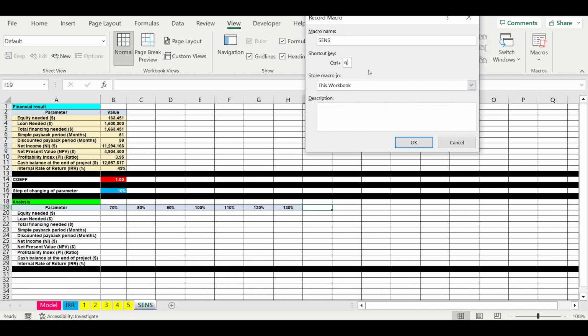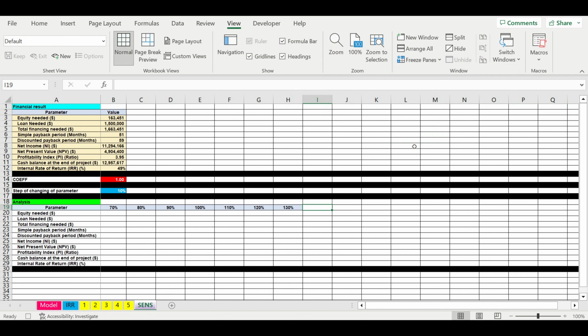Description will be sensitivity analysis. So what I will do now, I will place here 70%, copy these values,